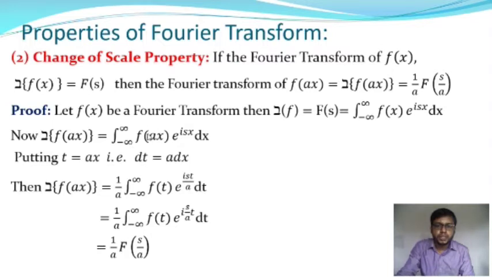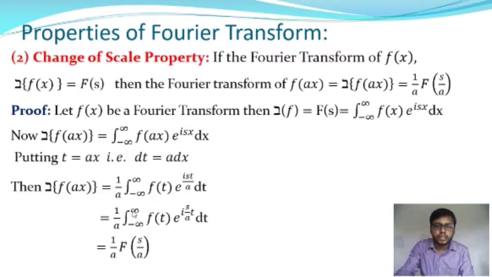So therefore from this definite integral, zeta of f of ax is equal to 1 by a into, and the limits will remain the same actually. So as x tends to minus infinity, t tends to minus infinity, and as x tends to plus infinity, t tends to plus infinity, okay. Therefore this integral will be reduced to 1 by a into minus infinity to plus infinity f of t into e to the power i s t by a, okay, where x is equal to t by a. So if we put x is equal to t by a, we will get this one, okay, into dt.